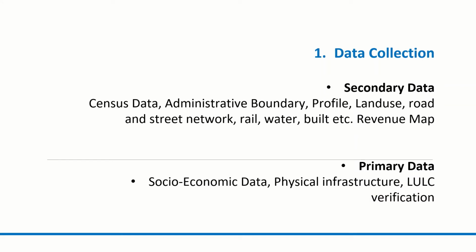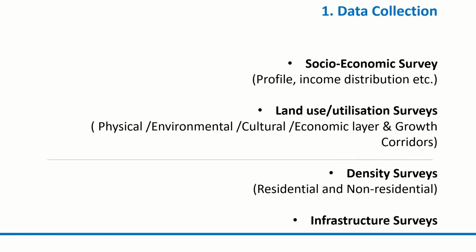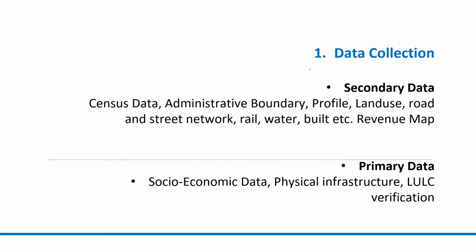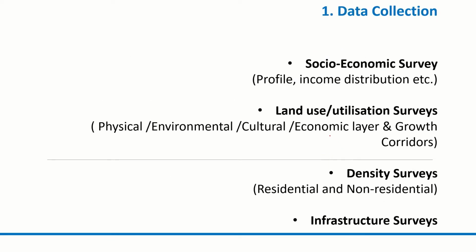So this is what I thought, in general, or the essential data set that we need for creating base map. Okay, so based on that, a new understanding can be developed later on. Okay, so there are other things, in addition to this mapping and collecting the primary information. A socioeconomic survey can include profiling of the survey, or if you are interested in studying income distribution, so on and so forth, this can be done.